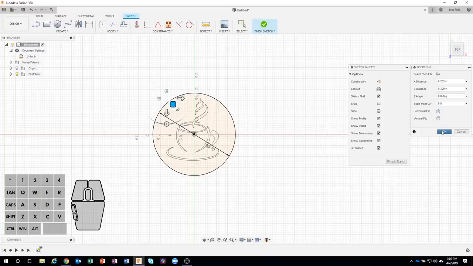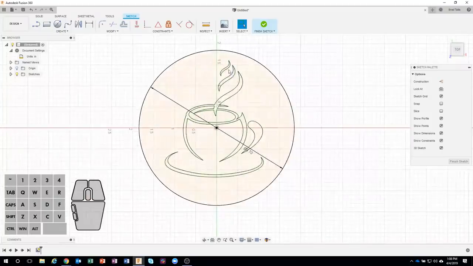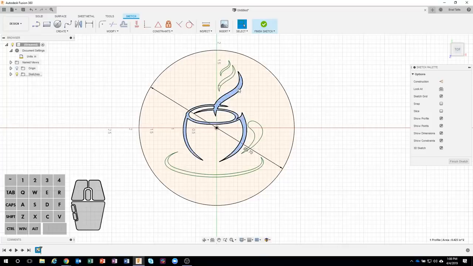And I'll say, okay. So now I know that my image is inside my 3D printed diameter here. Now what's cool about this is you'll notice that these are actual profiles. I can come in and extrude these. Okay, we didn't have to trace over them or use the spline tool and click on them or whatever. And that's the cool thing with SVG files. They're vector graphics, and that's what our sketch requires. Okay, so I'm going to go ahead and finish my sketch,